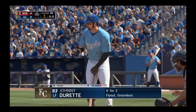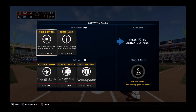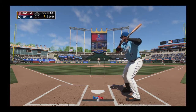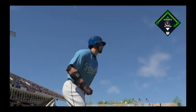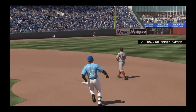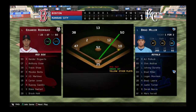Leading off the inning, Johnny Durrett, and they'll need him to get something going here. And you know, guys, I love a guy like this leading off an inning for you. He makes good contact, and he can run. Now a ball hit in the air, but in play perhaps down the line. Castillo is there, and these fans won't like that as it's a one-pitch out to begin the home half of